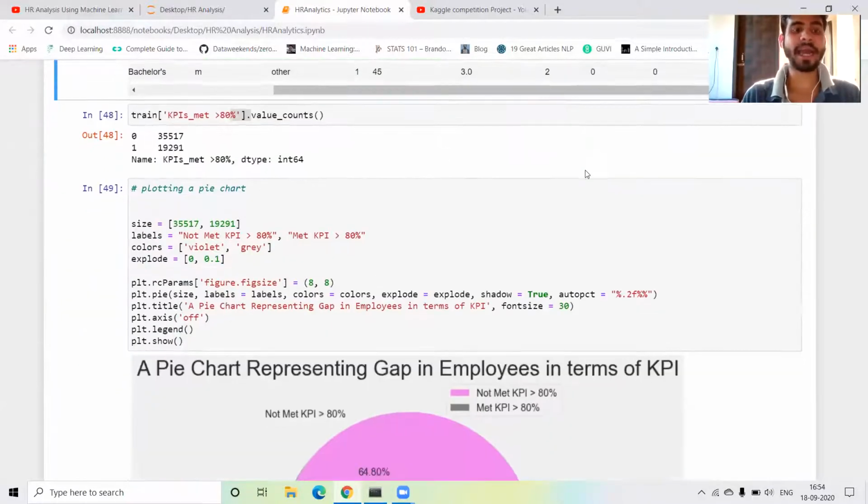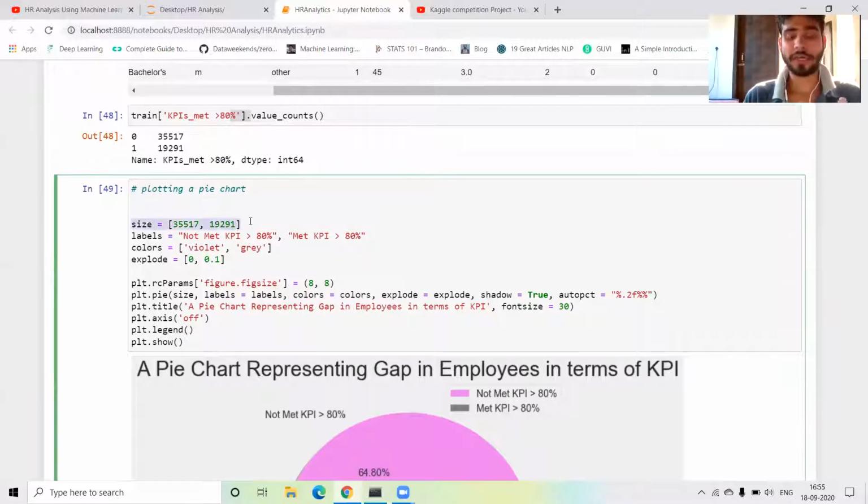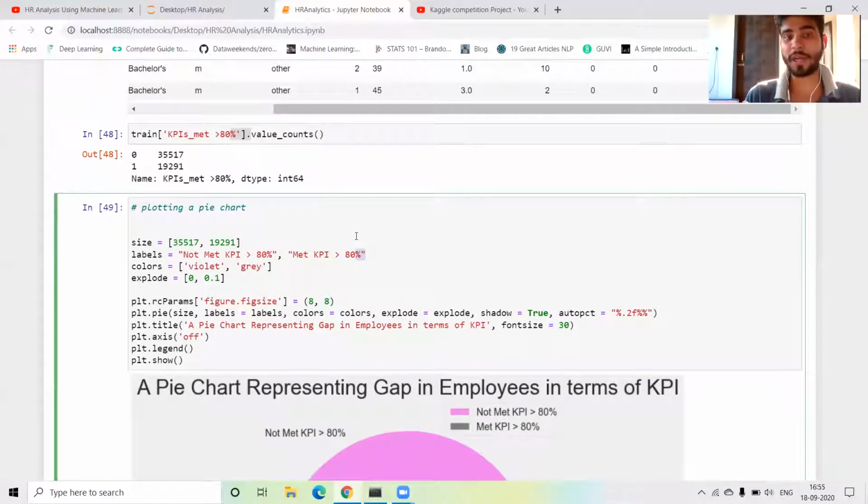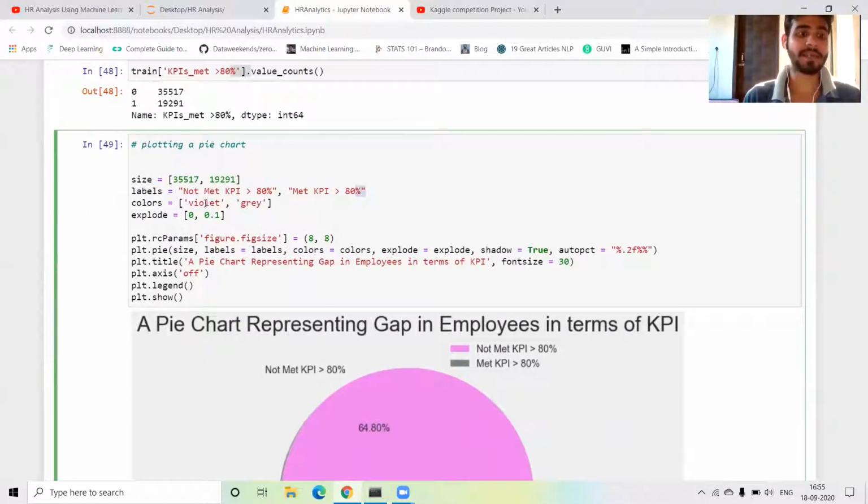Next I plot a pie plot of the KPI met column. First of all I define the figure size. Next I write the labels: 0 is not meet KPI greater than 80, and 1 is KPI met. Then I define the colors violet and gray, and explode equal to 0 and 0.1.